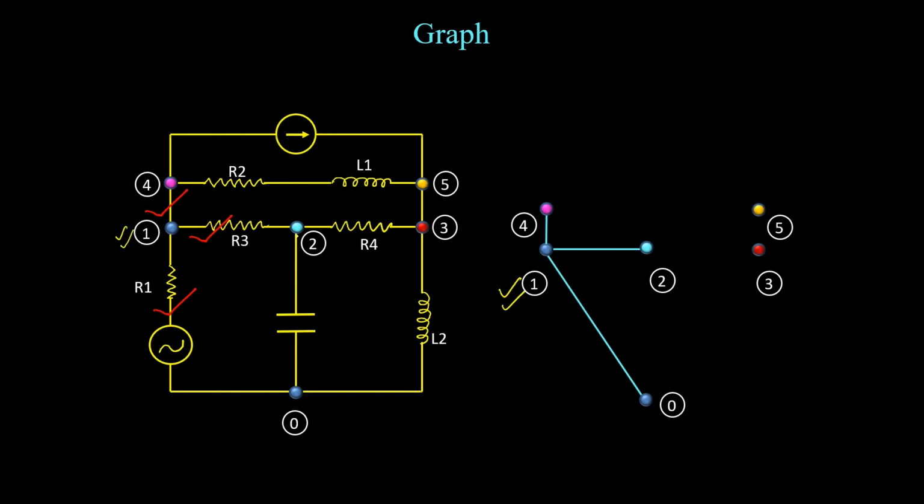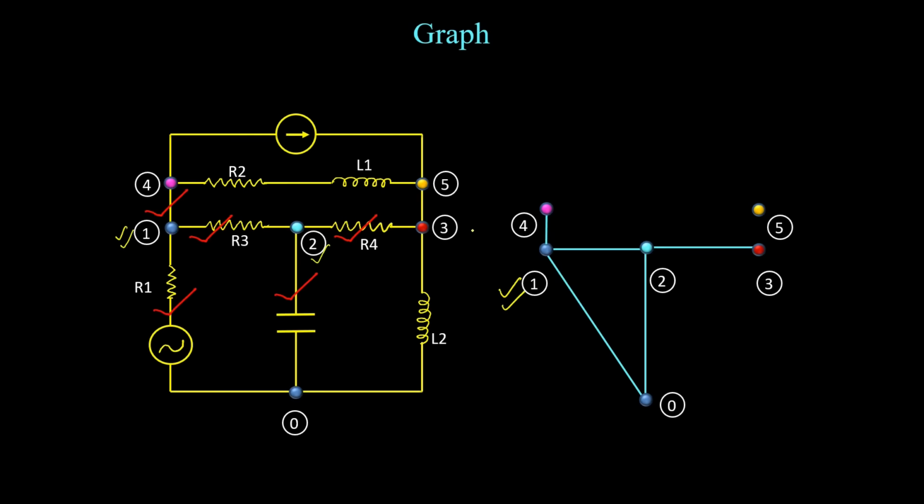Second node also we will check one by one. The line between the second node and the first node is already considered. And we have to consider a line which is connected between the second node and the reference node 0. So now we are going to connect 2 to 0. The next one is we have a connection between the second node and third node, so now we are going to represent a connection between 2 and 3. Now we have finished the second node also.